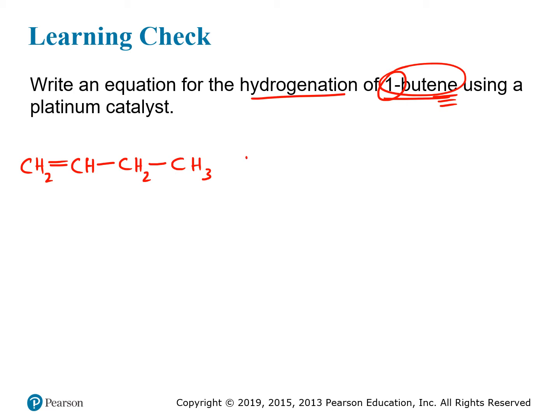This is going to combine with hydrogen gas. That's what hydrogenation is. It's adding hydrogen gas. And it's going to produce something. Well, what does it produce? Remember, the hydrogen molecule is going to approach parallel to where the double bond was. And that is where the hydrogen-carbon atoms are going to form. So what we're going to end up with is a molecule that has all of the same carbons with all of the same hydrogens,